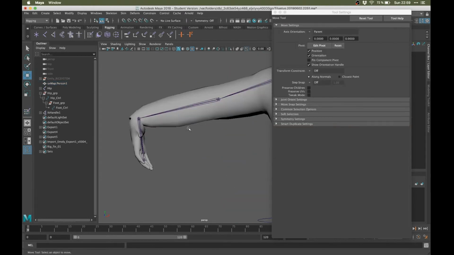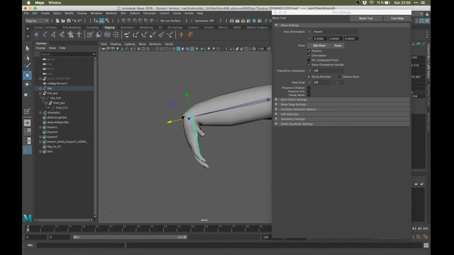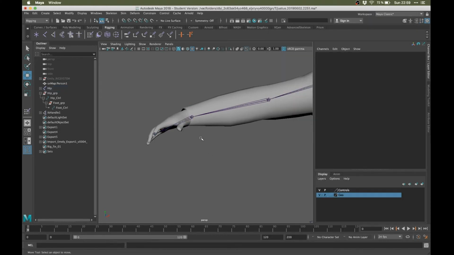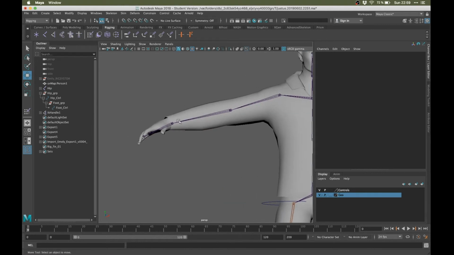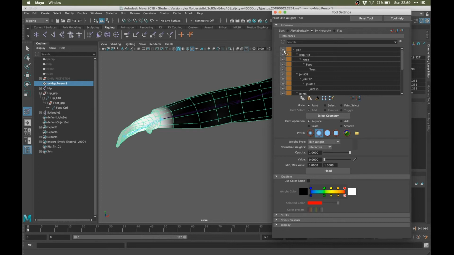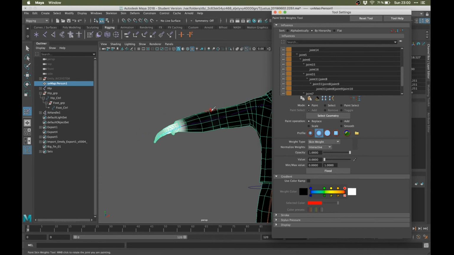Here you go. You can just fiddle around with it a bit. There are a few other things that are very handy. You can lock your joints. If you have the perfect skin weight on the hand, you can lock the skin weight on the hand so you don't have the chance to destroy it by accident,